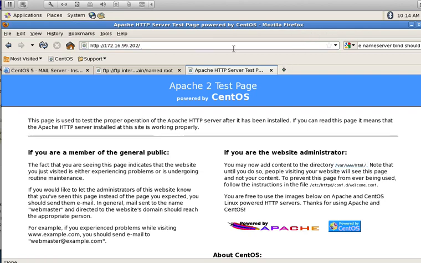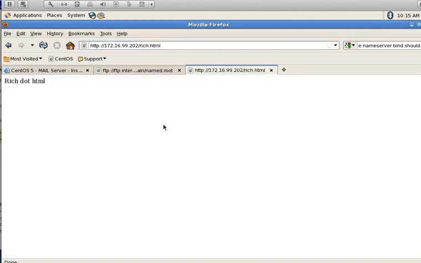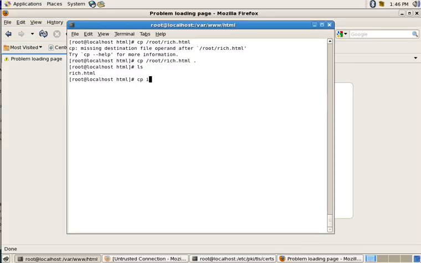Nothing really different happens because my file is not named index.html. Your web server will reply with an index.html or index.php or index.htm, whatever might exist, file back to you. If you did not change the file name to index.html, then you need to put the actual file name to get to the file. So here was my file, rich.html. If I copy my index file back,